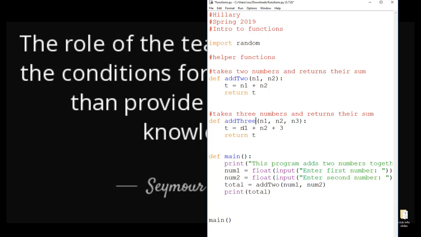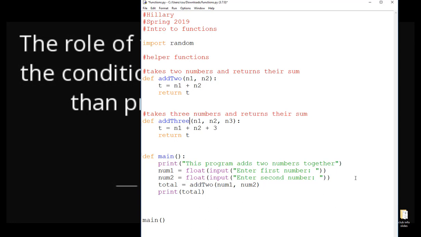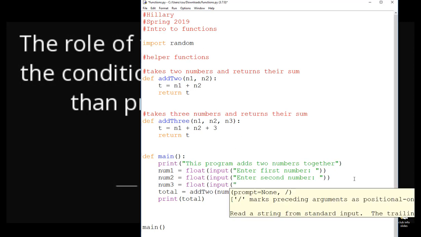And that's essentially what happens with the print function. We know that you can either give it one string parameter, or you could give it multiple, a string, an integer, a float, all separated by commas. So this means that the print function is actually overloaded. So now we have these two different functions, so we could add a third input, num3 is equal to float input, enter third number,